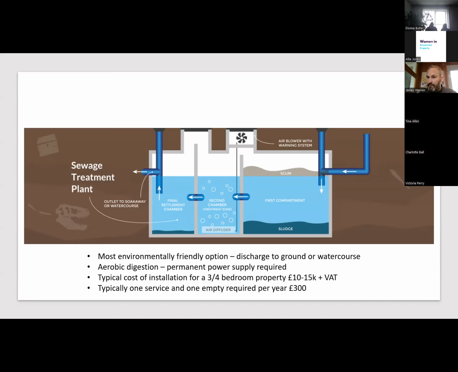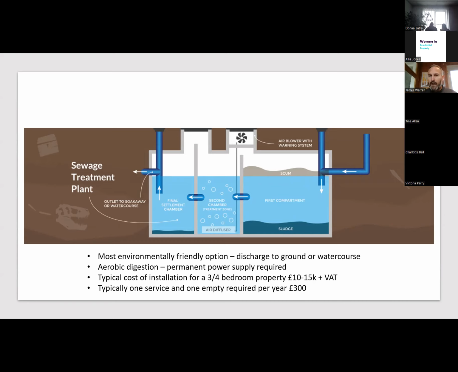That's the only part of that first zone, that primary zone, that's allowed to go into the middle section, which I've got as a second chamber. That's actually the treatment zone. And if you look at the top of that illustration, you'll see that fan. That's just indicating what's called a blower box. Now, that doesn't actually physically sit on top of a treatment plant. It can be up to 15 meters away. It can be hidden away behind a tree or a shed or an outbuilding. But the job of the blower box is to introduce oxygen into the middle section of that sewage treatment plant